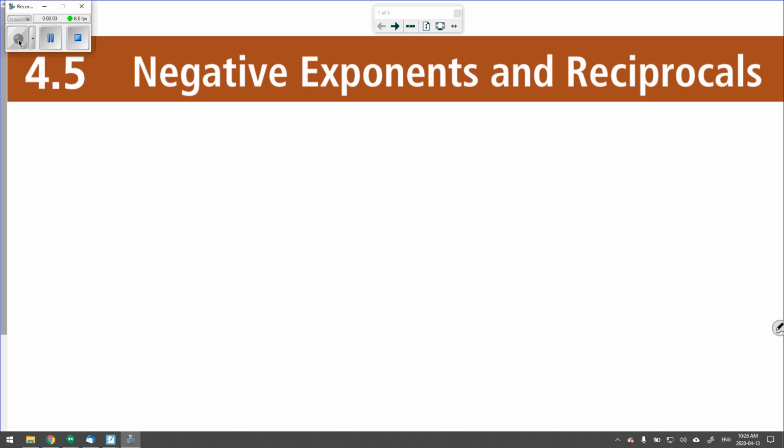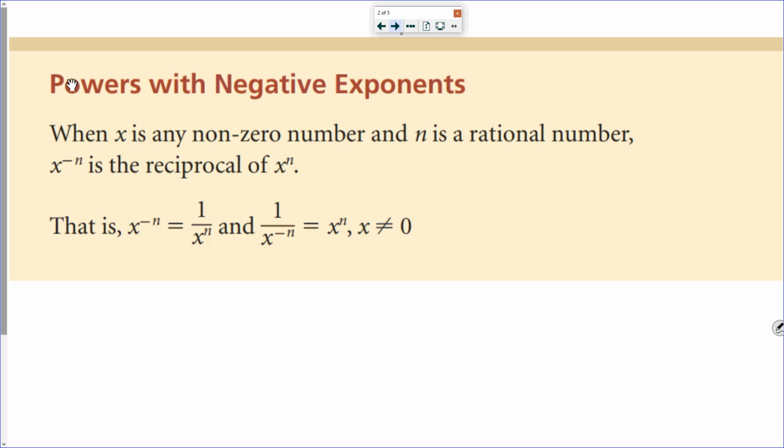Right, so in this one, we're going to take a look at what happens when we have a negative exponent. So we have a negative number as the power. So powers with negative exponents, when x is any non-zero number and n is a rational number, x to the